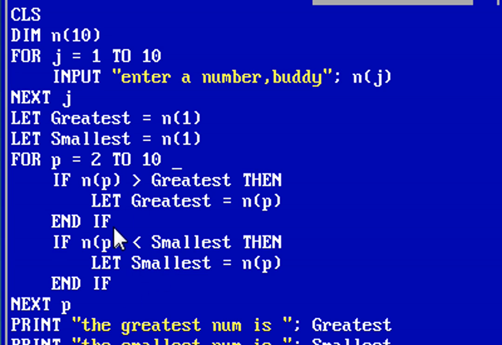But if the program finds any number greater than the previous one, then the assignation to the greatest, and similarly the smallest value, will get changed.